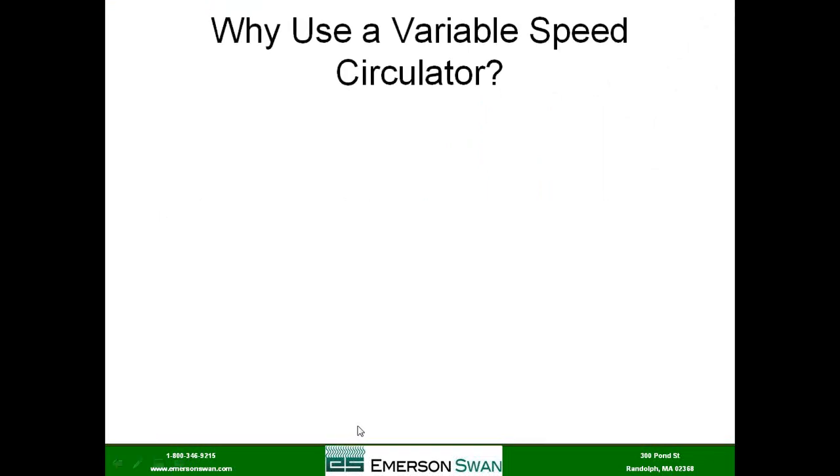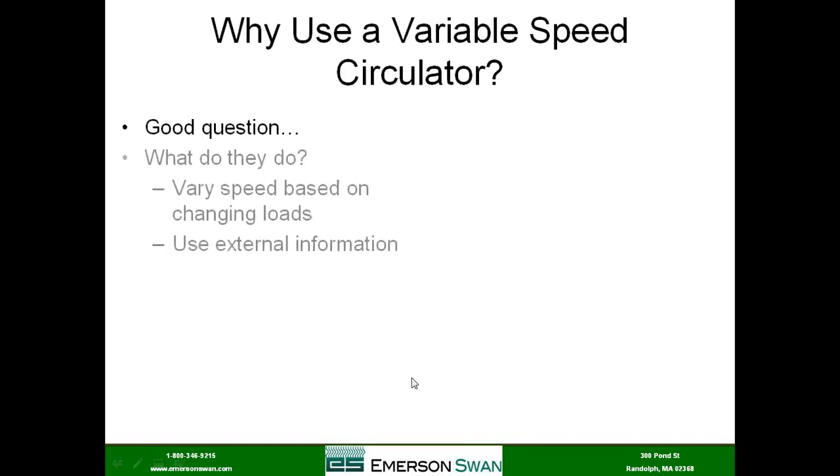What else can we do? Well, one of the things we can possibly do is put a variable speed pump in. So what do they do? One of the questions out there is, well, why do we put one in? Well, they vary their speed based on changing loads, and the external information they use can come from a couple